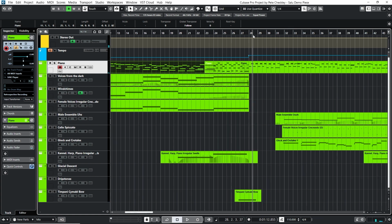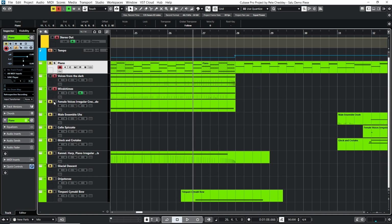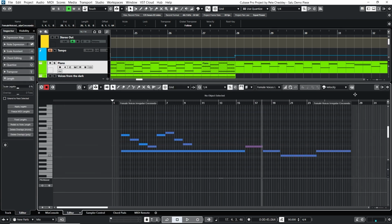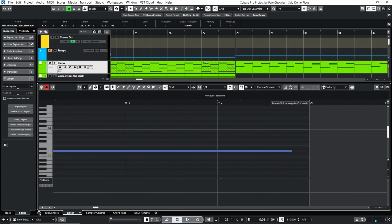We have the solo piano going on. I've increased the tempo here. Now there is a slight amount of release sampling going on, so it doesn't stop exactly on the end of the bar or at the start of the next one, and I kind of like that. Now there's a couple of ways around that. You can just stop the sample or your MIDI a little bit before, like I have there, or on the